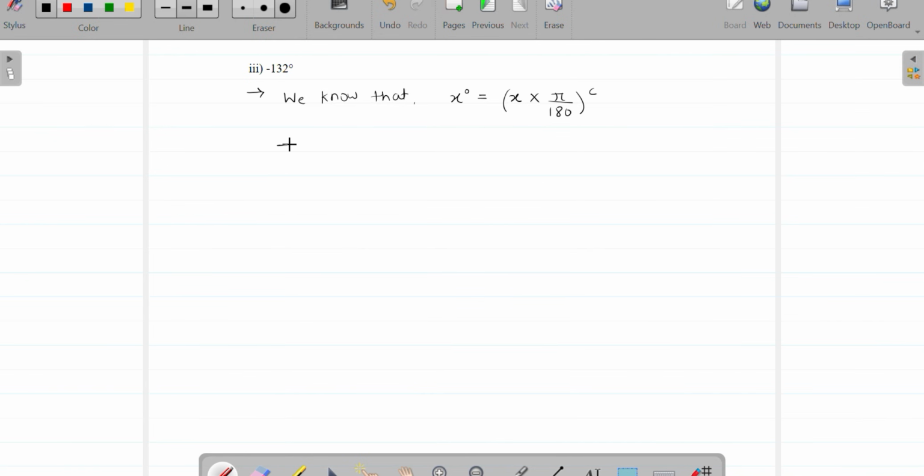So the given angle is minus 132 degree, which is equals to minus 132 into pi upon 180 radian, which is equals to this minus sign as it is. 2 6 are 12, carry 1, 2 6 are 12. 2 9s are 18. 200. Again minus 66 upon 90 pi radian,